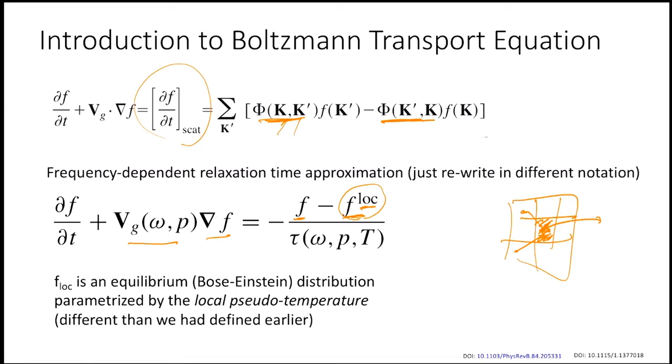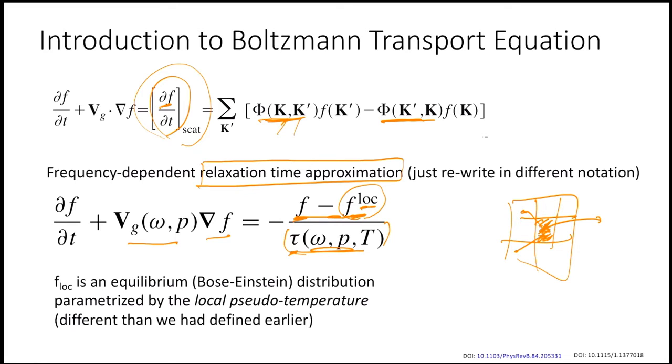But this local temperature, the difference between f minus this f local, is what's trying to bring it to equilibrium, divided by the lifetime. So basically we are trying to denote this df by dt with the difference of f. So del f we are writing as f minus f local, and dt we are writing with the lifetime of that. This approximation, we call it the relaxation time approximation.